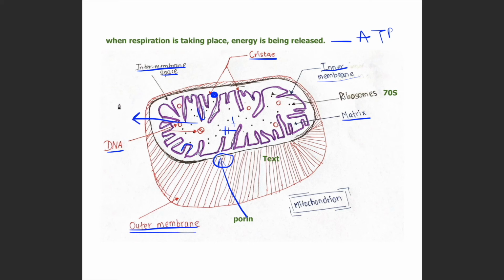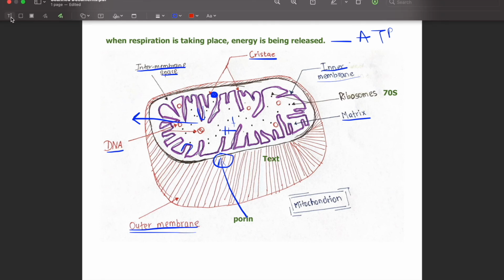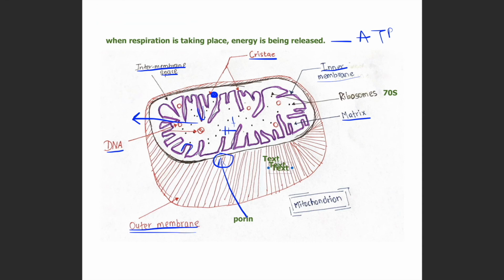It leaves the mitochondria because it is small and it is soluble. So it can move out of the mitochondria and go to any part of the cell where energy is required. What happens when the ATP leaves the mitochondria is that it turns into ADP through a